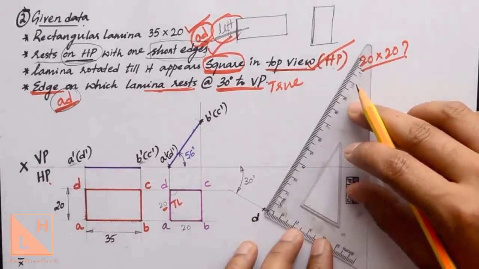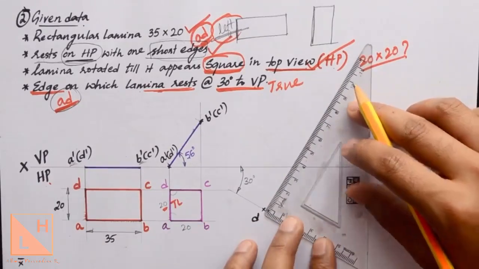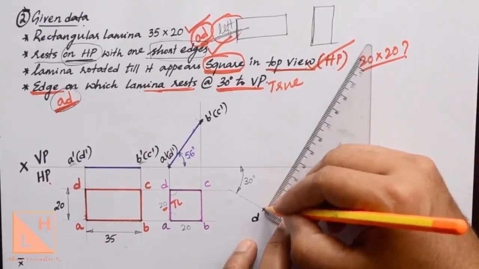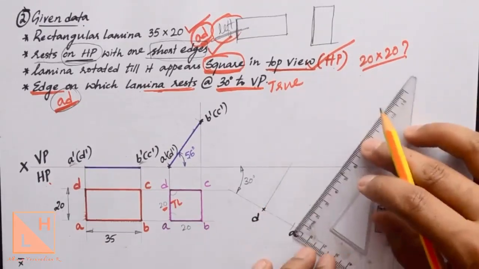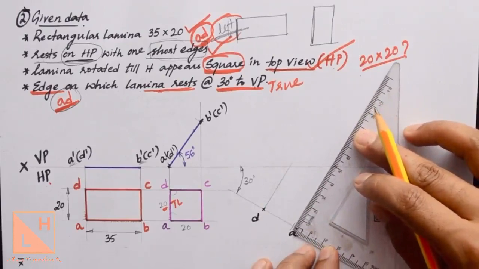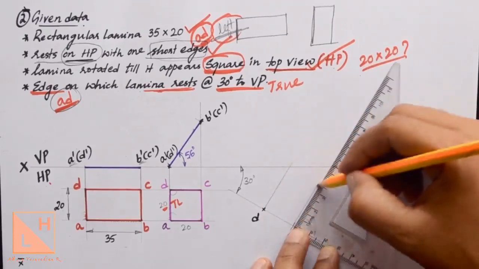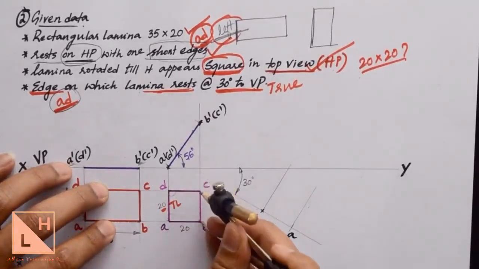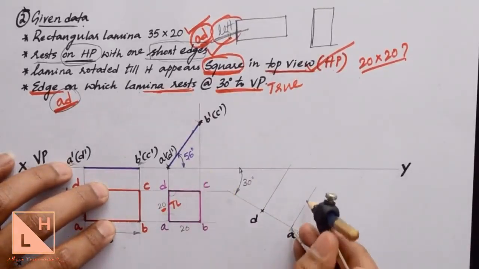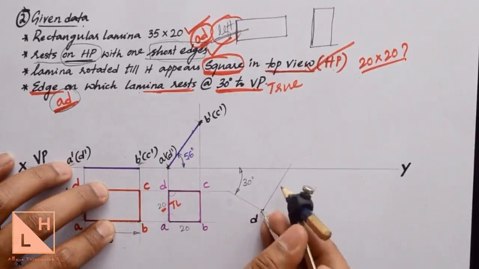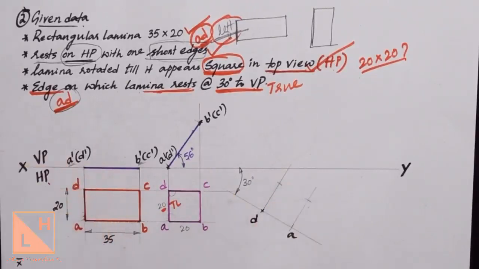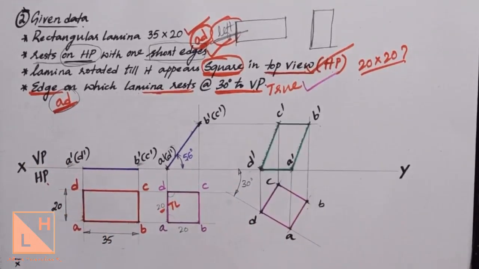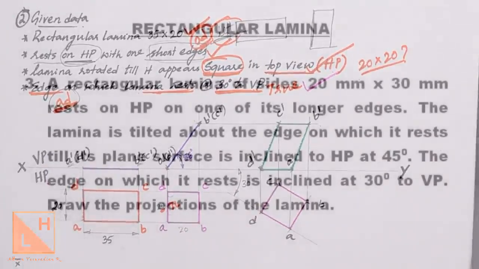So you can keep the set square parallel this way. This side will give you 90 degrees. Do the same from the other corner also. You know the edge length, that is 20 millimeter. You can cut the arc from A as well as from B. When you draw projection lines to the front view, we'll get the final position, and that will give you the solution for the problem.